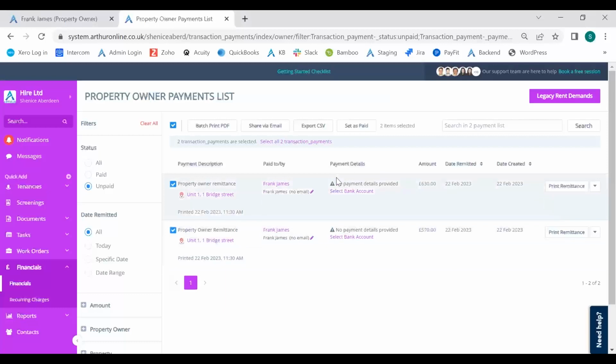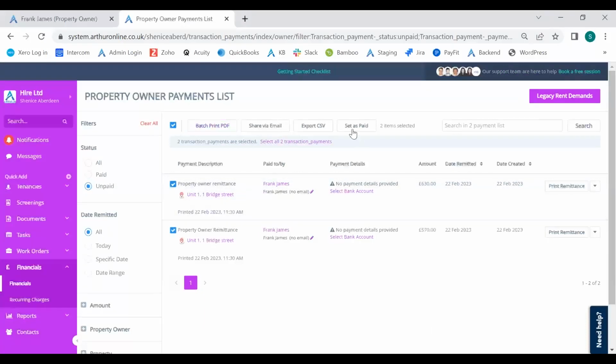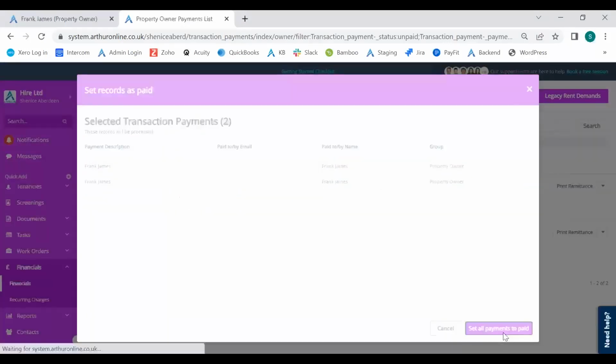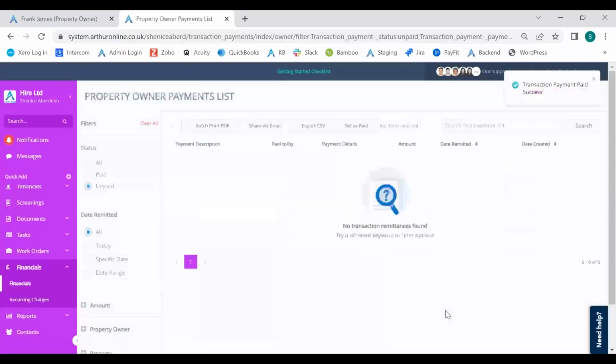Now, once you have paid your landlord, so it could be via BACS payment when you export a CSV, or it can be when you pay your landlords individually, what you would do in Arthur is set this as paid. So again, you just tick the box at the top, set it as paid, and I'm setting all of them as paid. Okay. Now, when you've set it as paid, the unpaid screen will refresh, and then you would do the same process when you have a remittance. But I would definitely say, just to make sure that everything is correct,